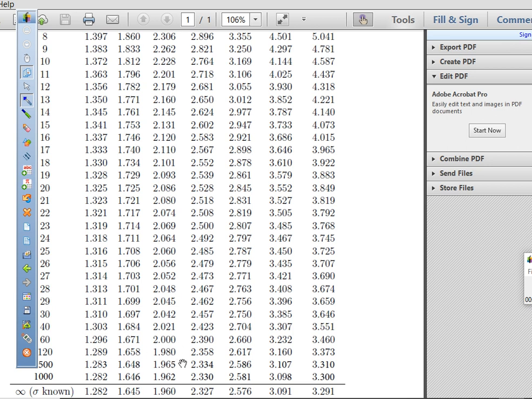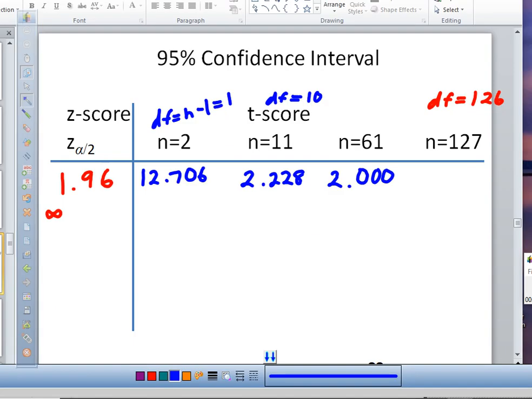So 1.980 is what we're looking at here. So this one is 1.98. So you can look, as we go down, you can see that as n gets larger and larger,